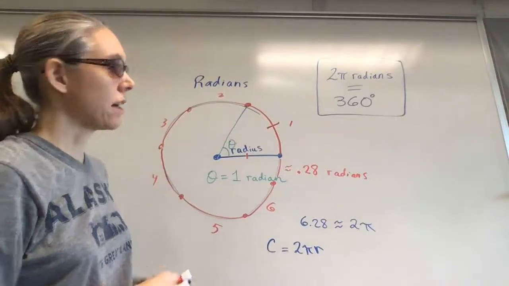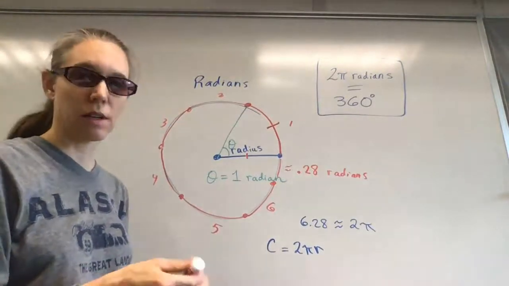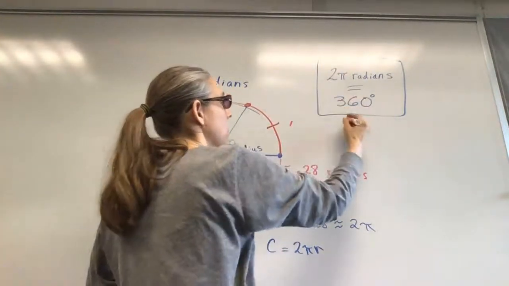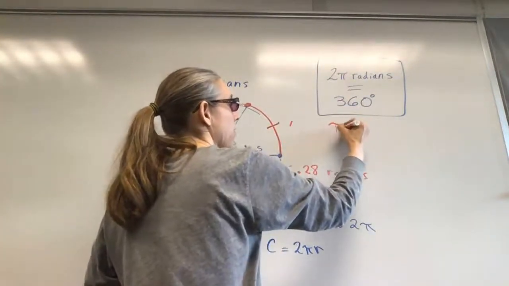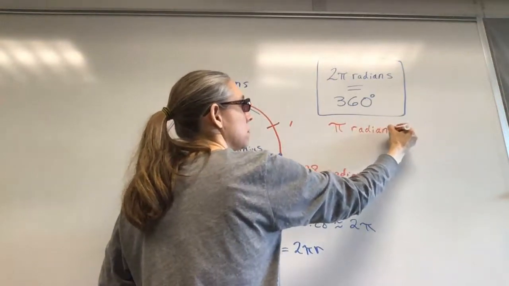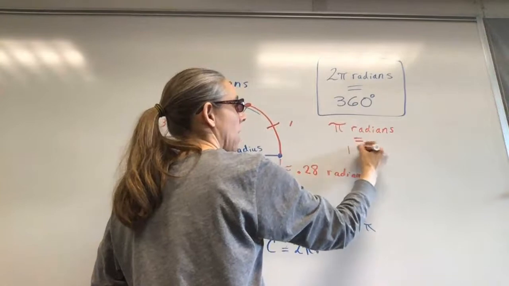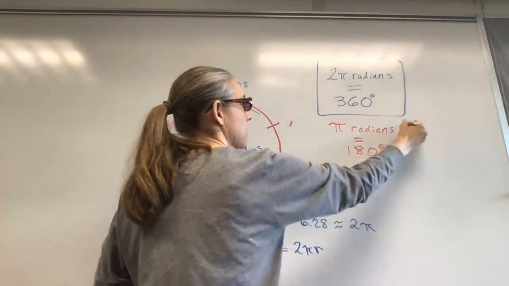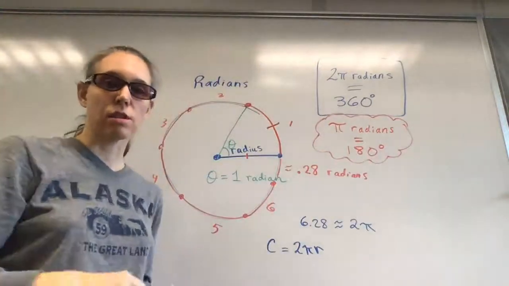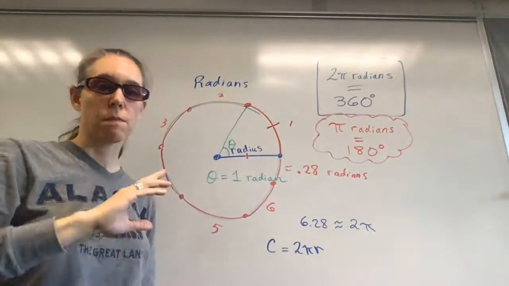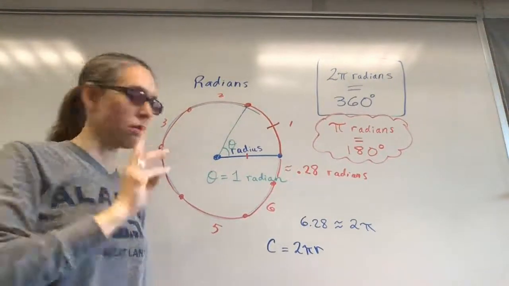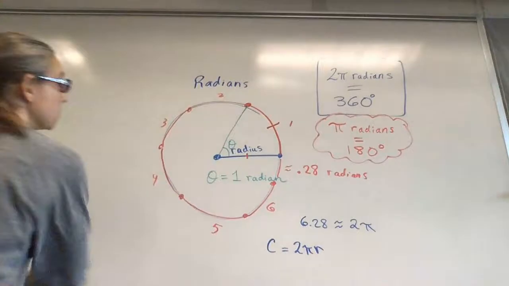Now, 2 pi to 360 can be reduced to an easier to work with ratio, right? If you divide both of these by 2, you'll get that pi radians is the same thing as 180 degrees. And this is the ratio that we use to convert going back and forth between radians and degrees, or degrees and radians. So, for example,